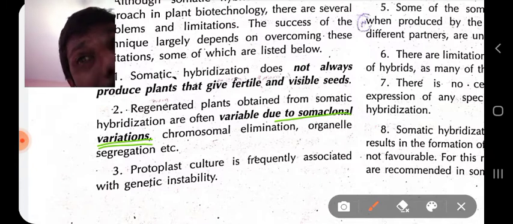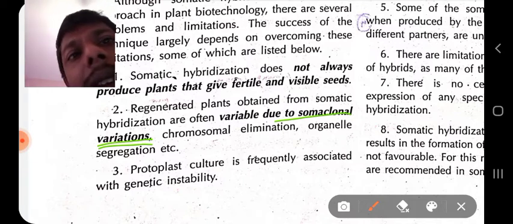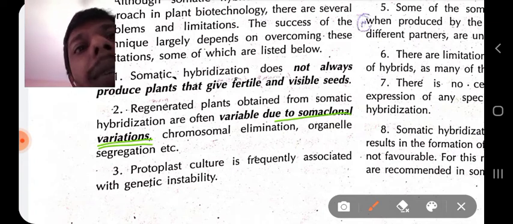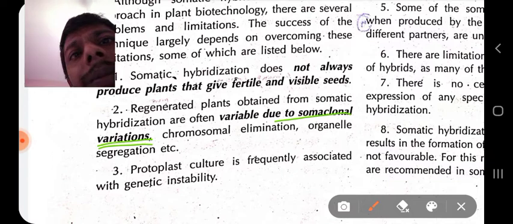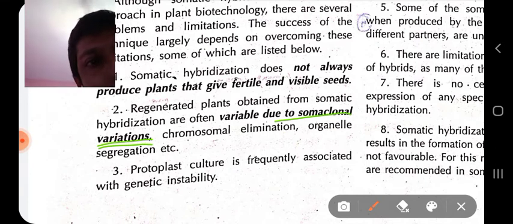it depends on what type of explant we are using for tissue culture. For protoplast culture, that can also lead to somaclonal variation. That's why we take meristematic explants. They divide by normal mitosis, but they don't undergo endoreduplication. But cells from the non-meristematic part undergo endoreduplication, and that can result in chromosomes having 4 chromatids, or 8 chromatids. That means polytene conditions may occur. So somaclonal variation may occur.